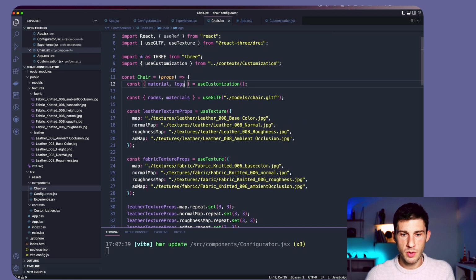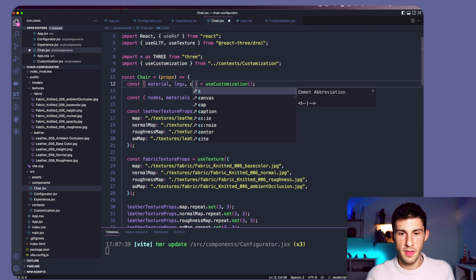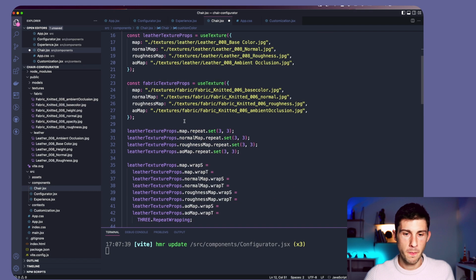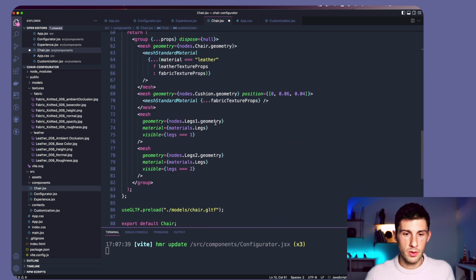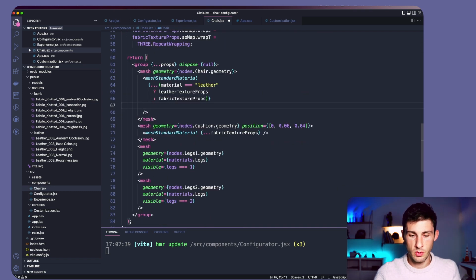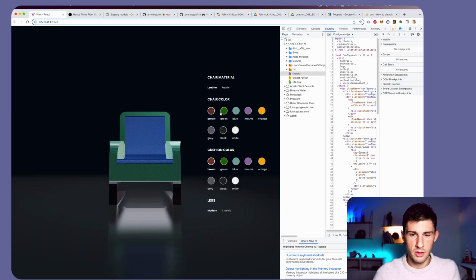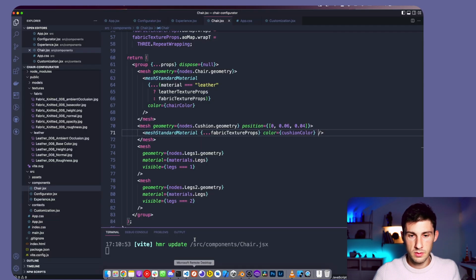So if we go to our chair, we need the chair color and the cushion one. So on our material, what we will add is the color from the chair and from the cushion. You might think we are done yet, but it doesn't work. Why? Because